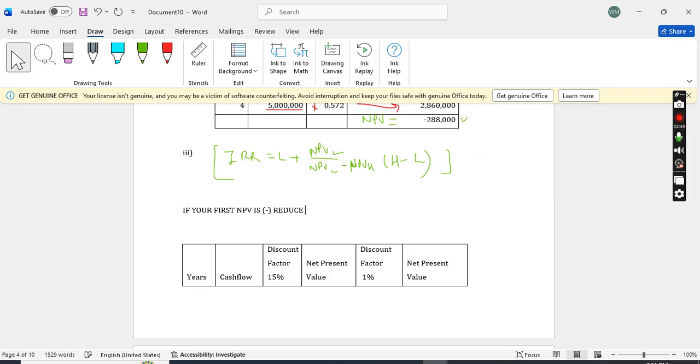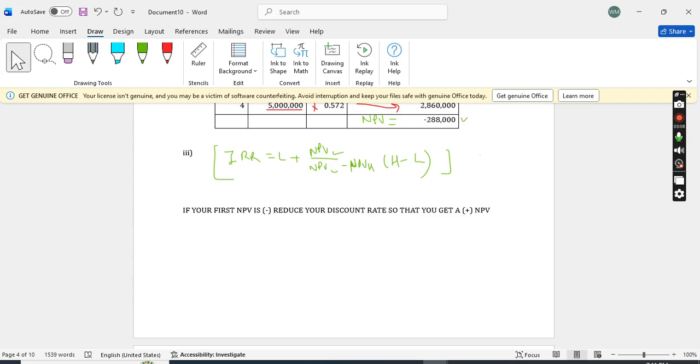reduce your discount factor, or your discount rate. So reduce your discount rate so that you get a positive NPV. And if your first NPV is positive,